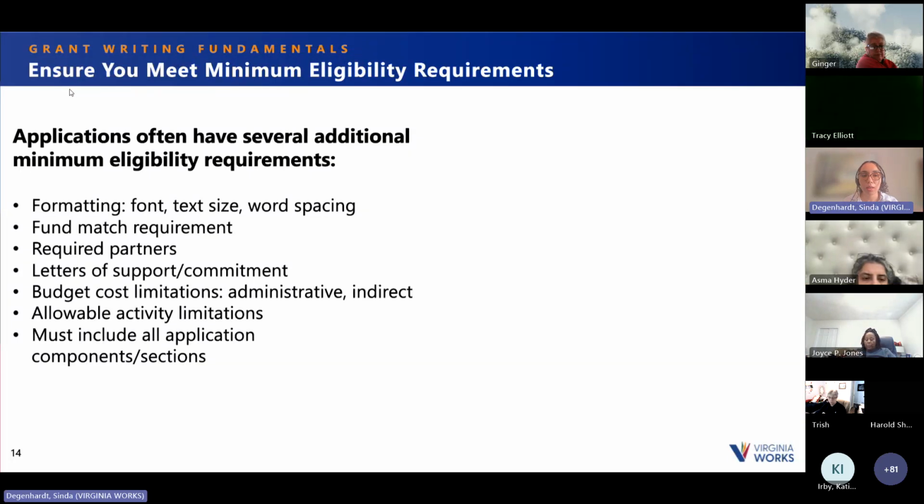In addition to that, there are often several additional minimum eligibility requirements that if you don't meet, your application may not be looked at at all, such as the formatting. Is your font, text size, and word spacing what it should be based off of the funding documentation? Is there a fund match requirement? And do you meet it? Do you meet the threshold for the match requirement, which is typically they'll give you a percentage, so they'll say something like,